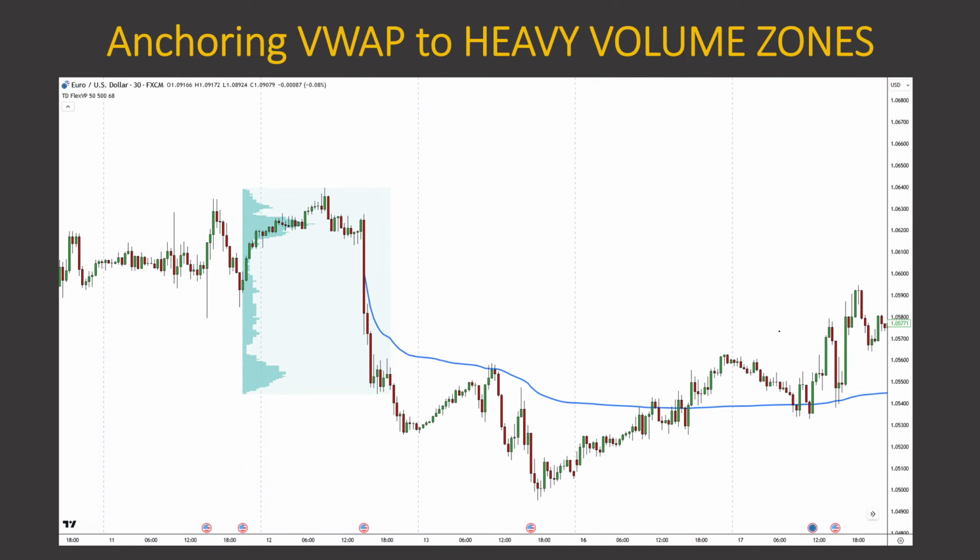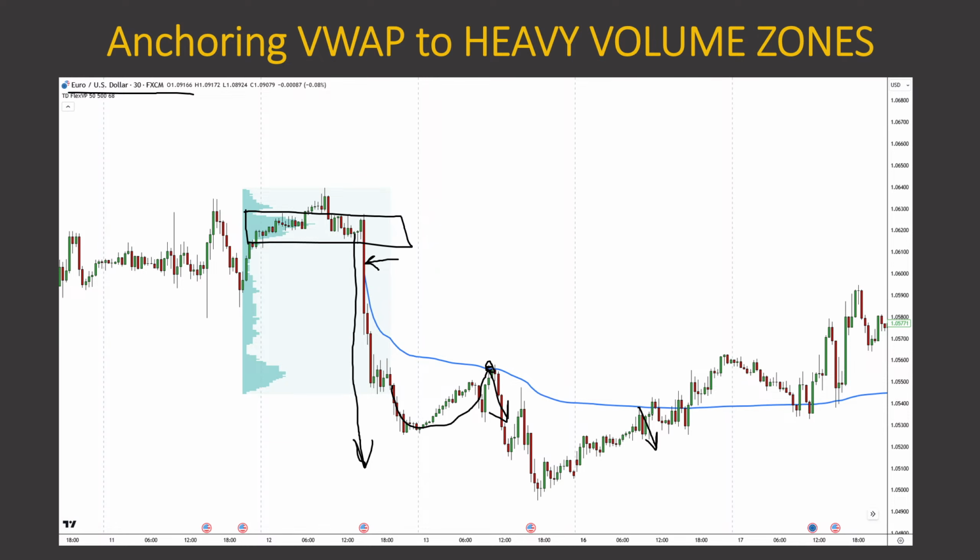Now let me show you a couple of examples that will make it clearer. This is euro-dollar 30-minute chart. In here there is a rotation, and in that rotation there's a heavy volume zone. From that, strong trend activity started. So what you do is you anchor the VWAP to the last candle of that rotation and the start of the trend. That's this huge red candle. So you anchor the VWAP there, and from there it's as usual pullbacks to VWAP. So short from here,